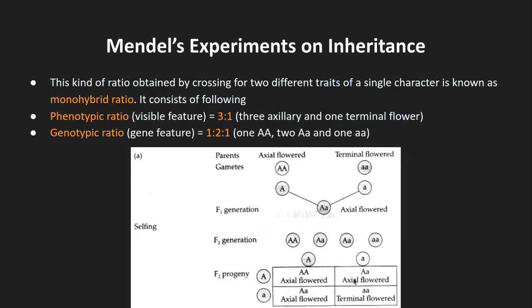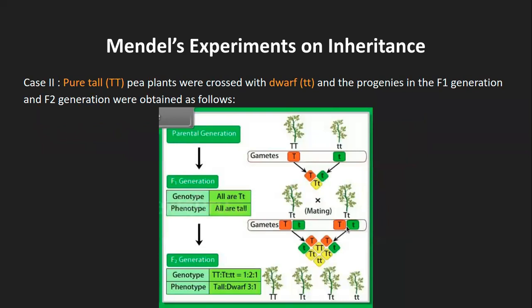That means 3 axial flowers and 1 terminal flower, and the genotypic ratio was 1:2:1, because there was 1 AA, 2 capital A small a, and small a small a as one genotype. So that was one example. We are going to see the next example, which is again of the